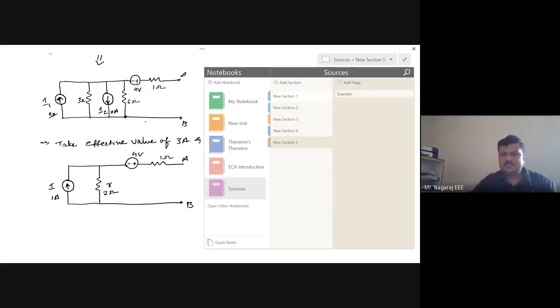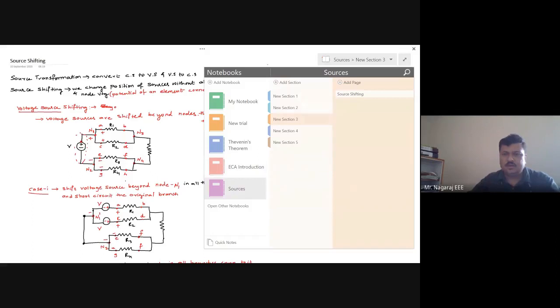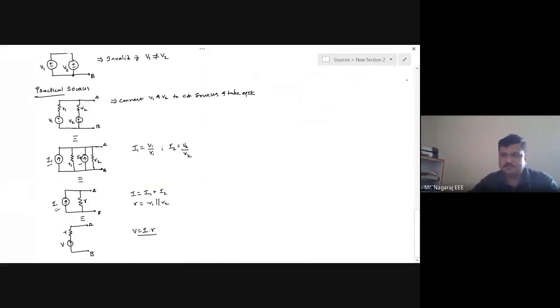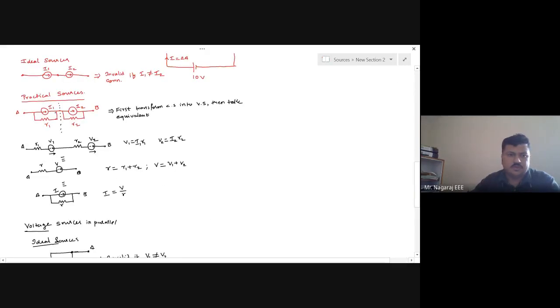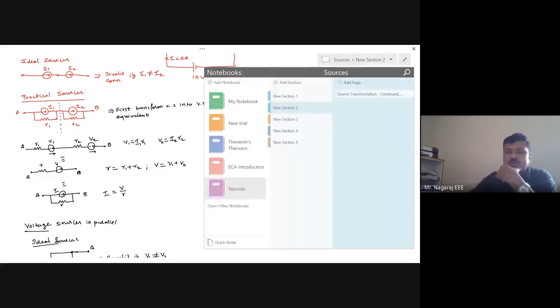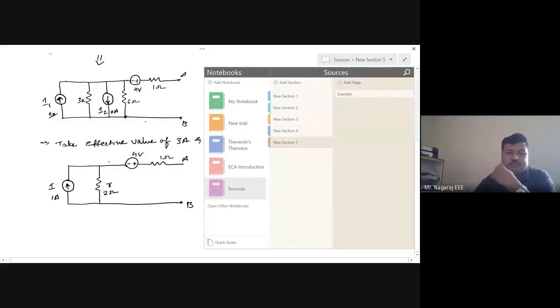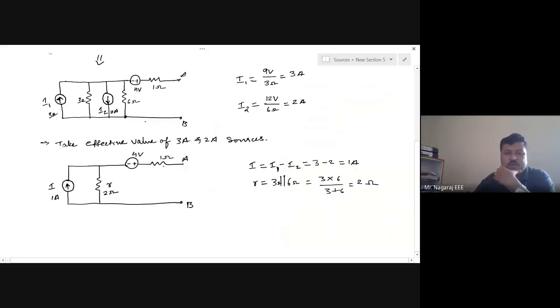Okay, in the previous sections we have seen that when there are two current sources in series, I cannot directly get the equivalent current source. Those have to be converted into voltage sources, take the effective value, then get the equivalent current source. If I convert 4 volt and 1 ohm into a current source, there will be two current sources in series. Therefore, what I will do now is convert 1 amp and 2 ohms into a voltage source.